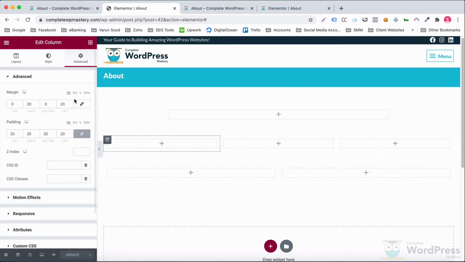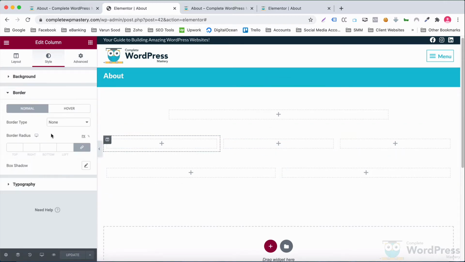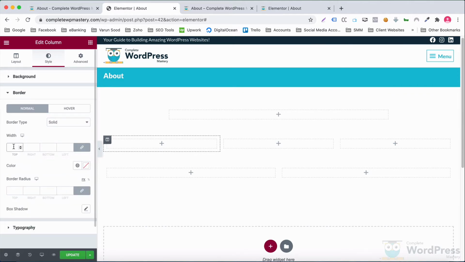I want all these three columns in this inner section to have a light gray solid border 1 pixel wide.